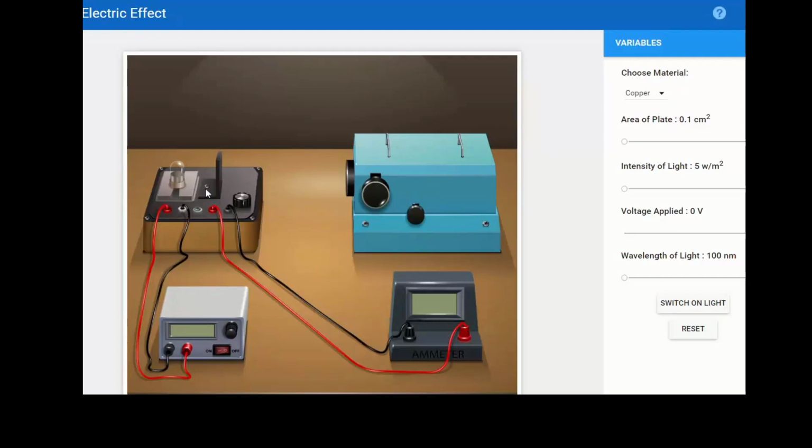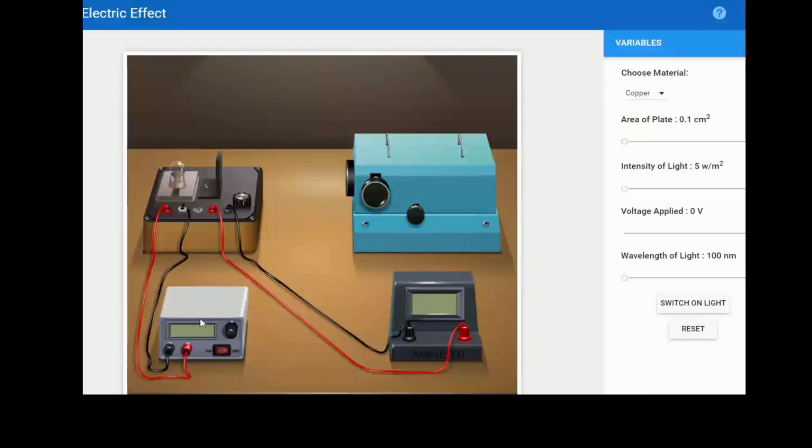From where we are falling the light on this photosensitive plate, you also have the option of changing the area of the plate. If you increase the area, your current will change, because light falls over a larger area, so more photoelectrons will be ejected, and you get more current in the circuit. We have the ammeter and the voltmeter to note down the value of current and what voltage we are